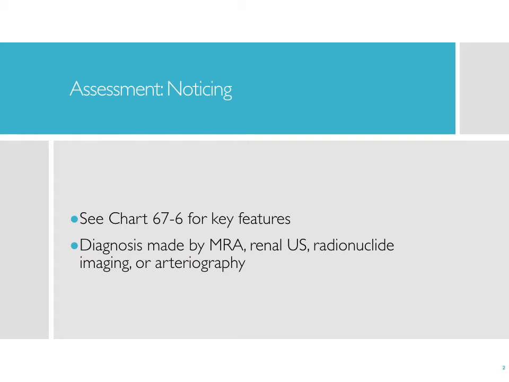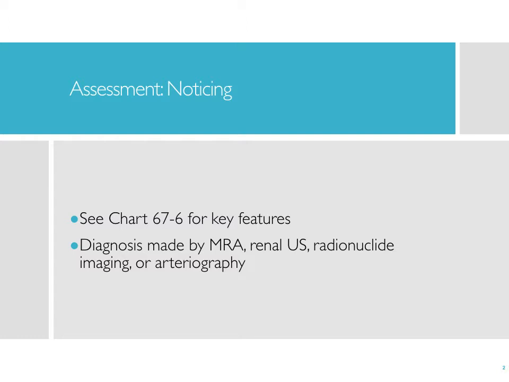So when we're doing an assessment, there is a chart, sorry, I don't know the page, but chart 67.6 tells the key features that you need to be looking at. So some of the things that we look at are significant and difficult to control high blood pressure. And this hypertension occurs around the age of 40 to 50 without there being any family